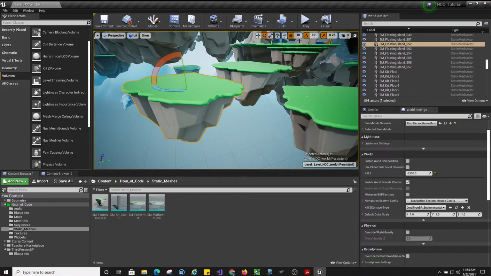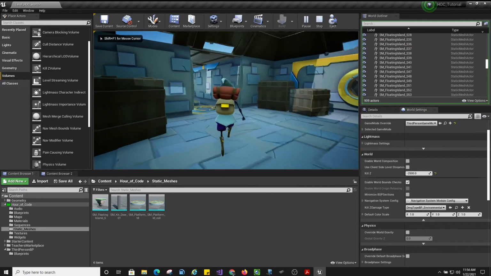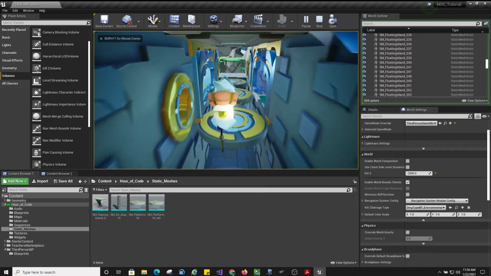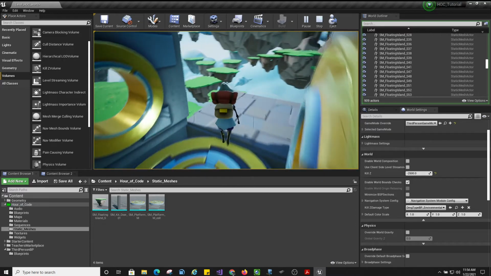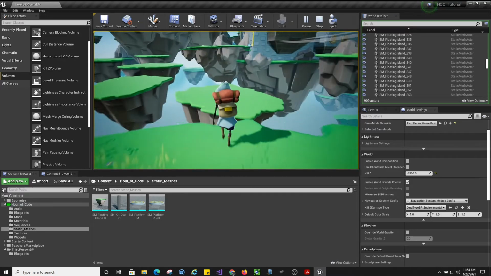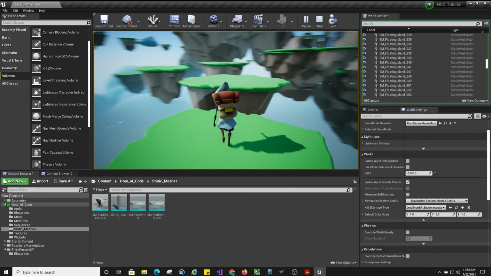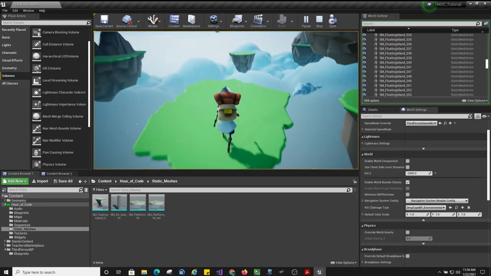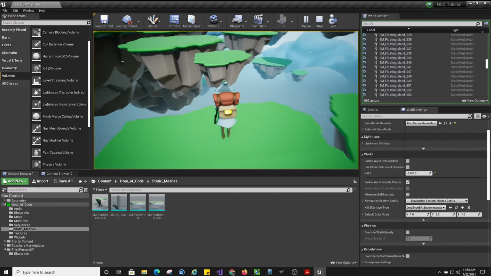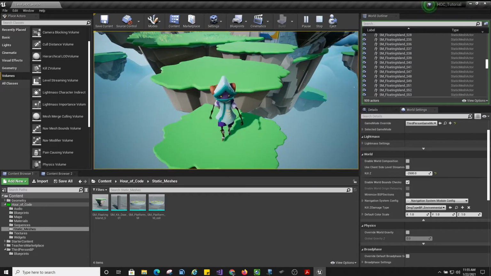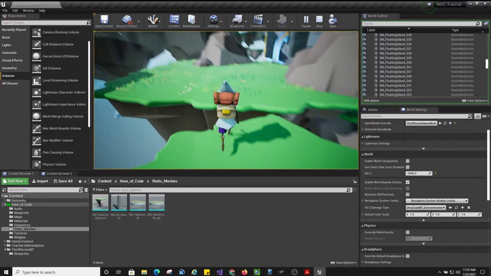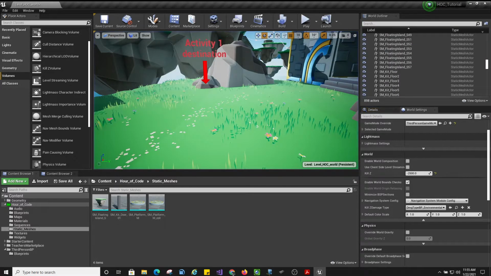So now it's just a matter of, let's test it again. So you just kind of have to test these things out and see. You can make this as easy or difficult as you'd like. So now we kind of come over here, we're running over here. Can we make this one? Yes. So we can do that. So that's pretty much what we're looking to do, is getting ourselves across all these different